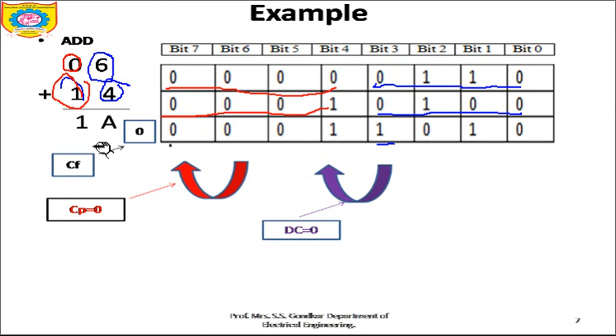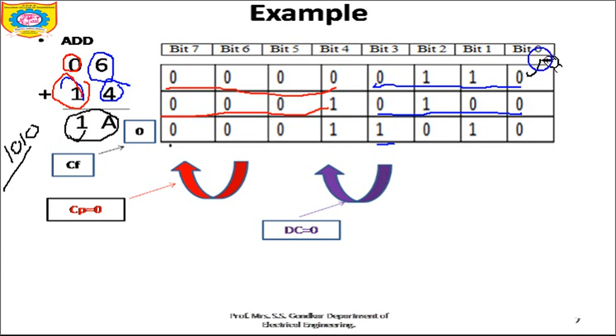Here, with black color, I have marked the result. So 6 plus 4 is 10. In hexadecimal form we write it as A, and A is nothing but 1010. This is just the analysis; here we have to actually prove it in the example. And 0 plus 1 is 1, so here we are getting 1A. So we have to cross check our answer over here, and I will show you how to do that.